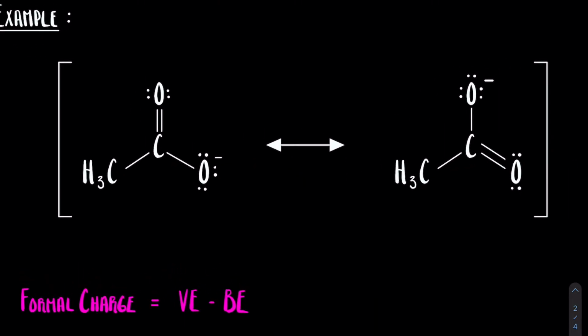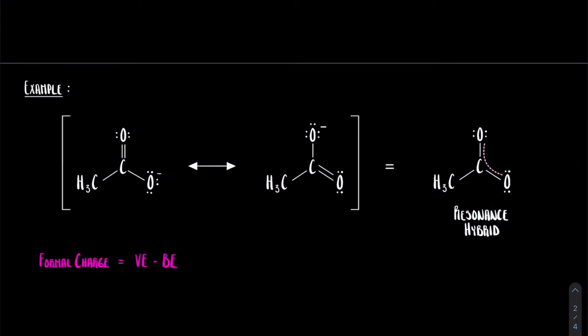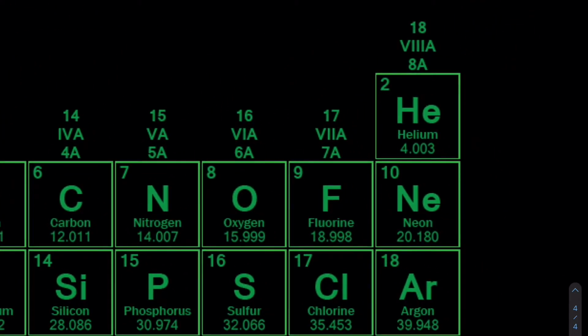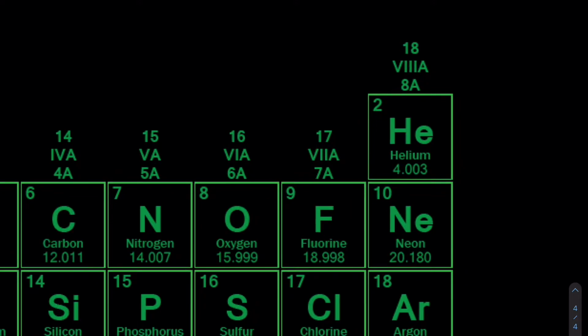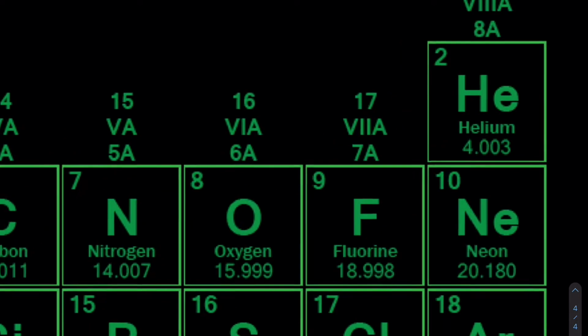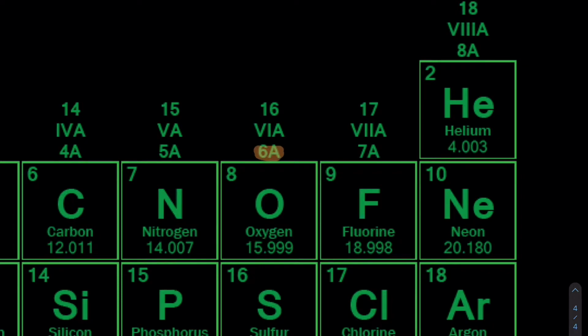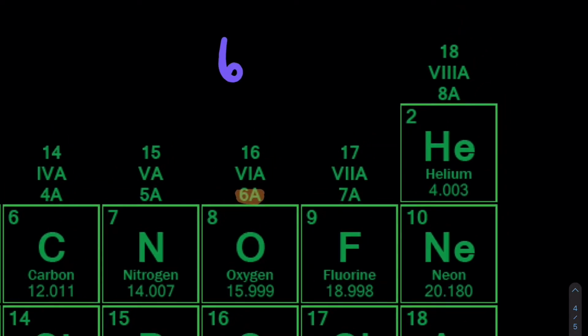What we have here is an acetate ion. This acetate ion has 2 resonance structures. In order to understand the formal charge of these atoms in the molecule, let's take a look at the periodic table. So the important atom to look for in the periodic table is the oxygen atom, specifically for this acetate ion. When we look at the periodic table, we see that oxygen is in group 6A, meaning it has